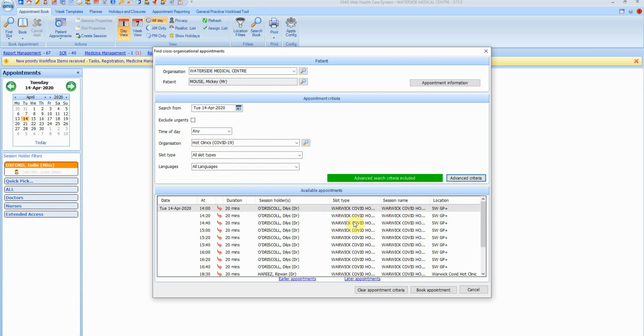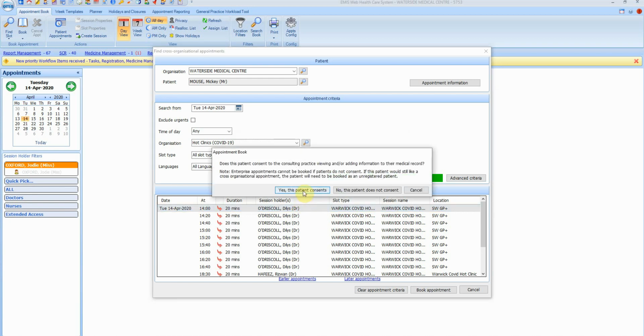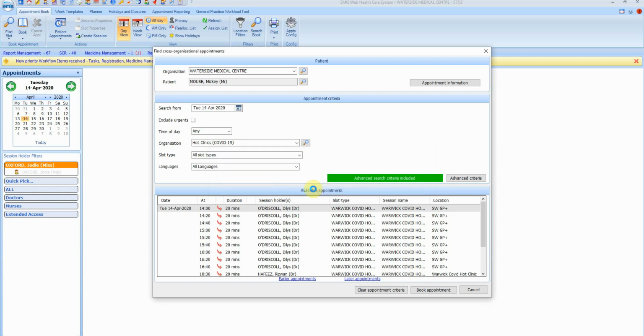So all you need to do to book that appointment is to either double click or press Book Appointment. The consent pop-up will appear, and you will need to ask the patient if they consent to the GP seeing their past medical information. If they do not, you will not be able to book an appointment due to the safety and well-being of both parties. So if the patient does not consent to the GP seeing the past medical history, please press Cancel and explain to the patient why. So for this training session, the patient does consent